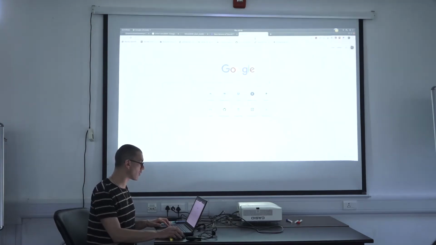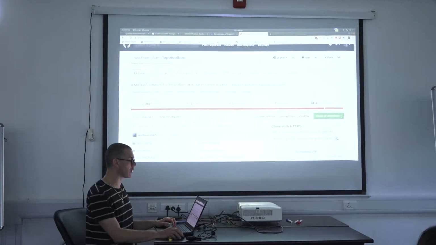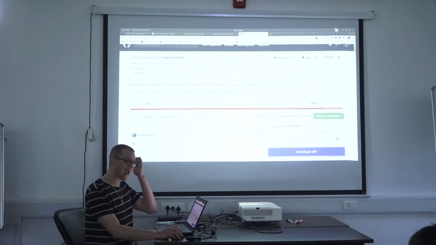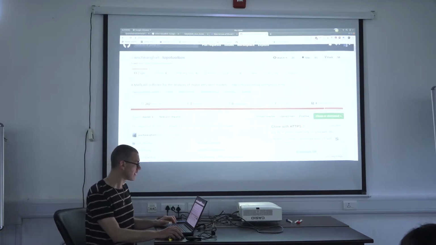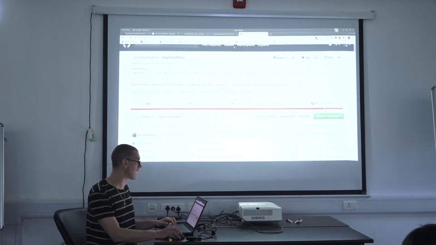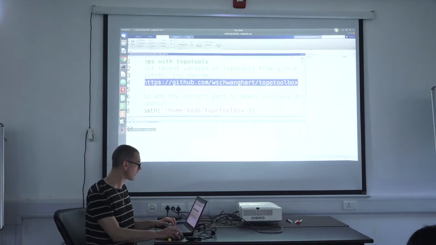And if you copy and paste this into a web browser, you will have Wolfgang's page, and you can clone or download this. You can download the zip, and you need to uncompress it and put it in your downloads folder or somewhere else that you can access it. And of course, you need to remember that directory,